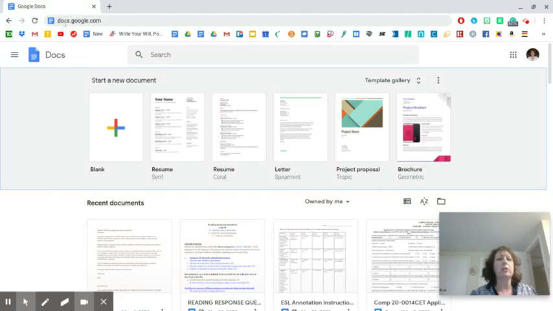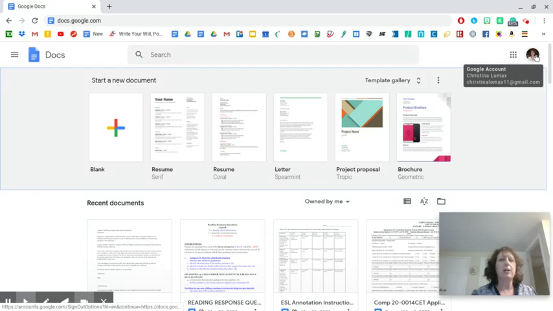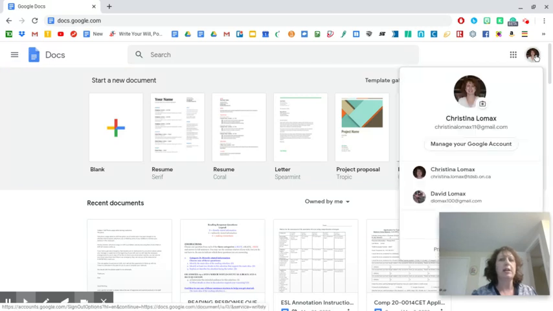All you have to do is go to docs.google.com and you'll come to this screen. But you need to check the upper right hand corner and make sure you're in your TDSB student account. Right now it looks like I'm in my personal account, so I'm going to just slide down and go to